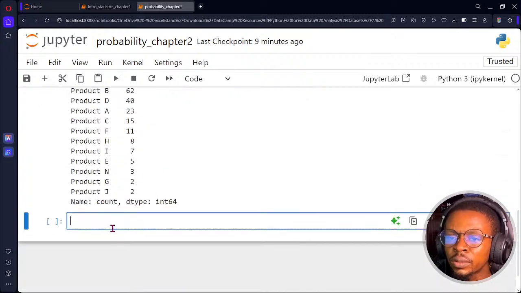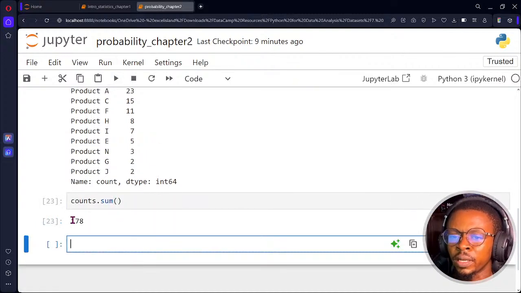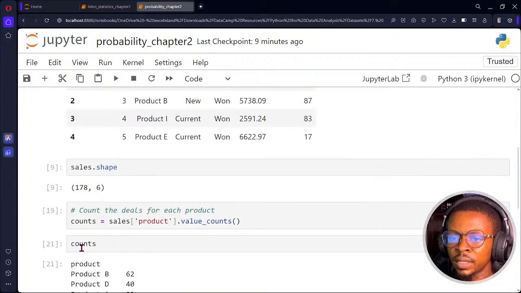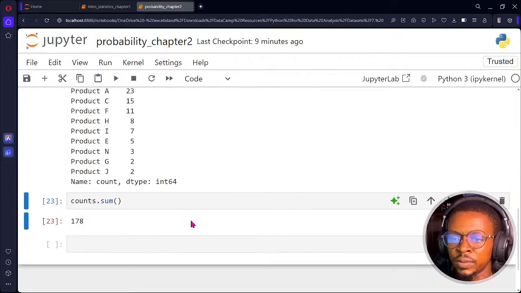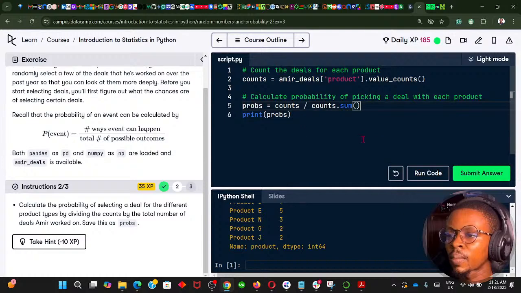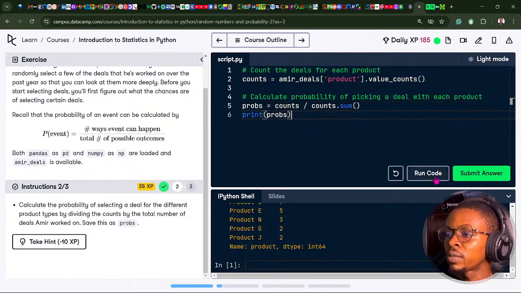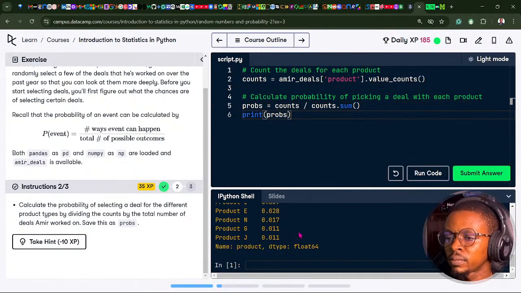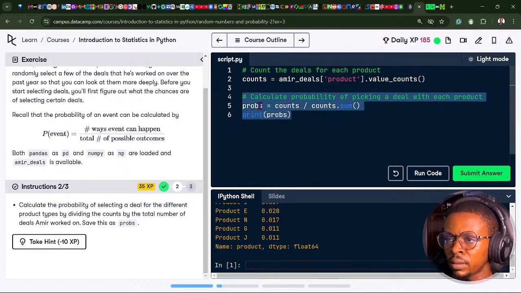So let's see if I do count dot sum. You get 178. This is now 178. So if I run this line of code now, this is now the probability of getting. So if I call on this